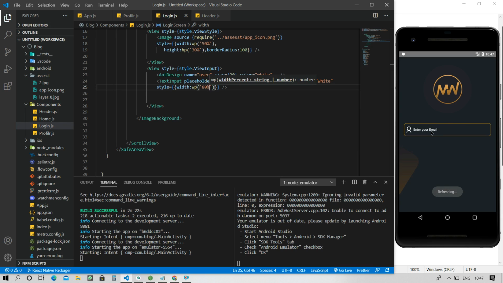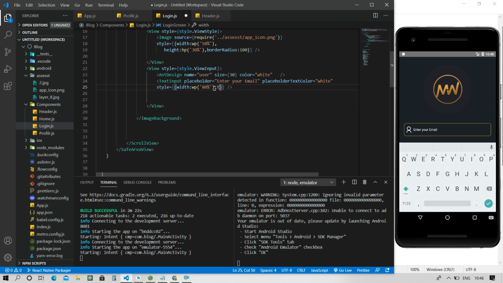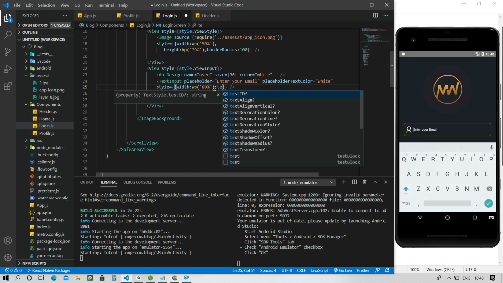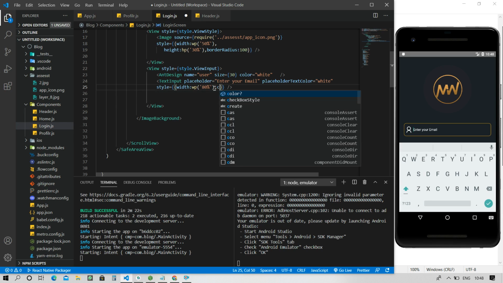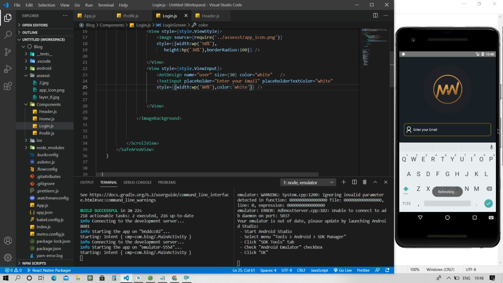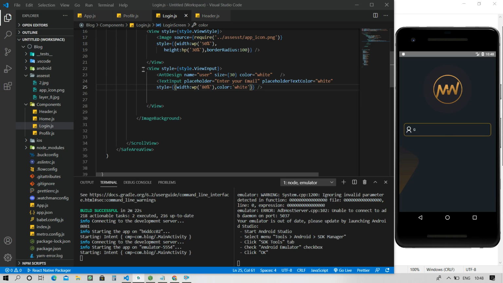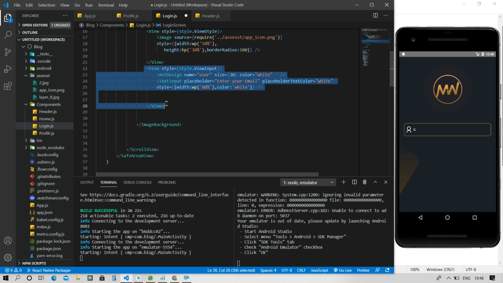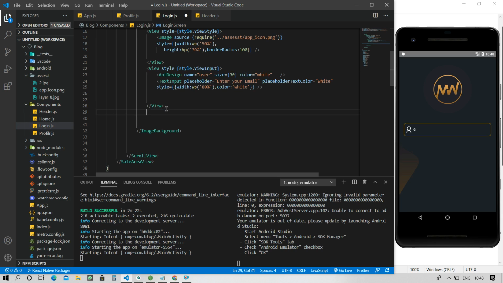So it's looking good now, and you can also give a property like text color, sorry, color property, I am giving white here. Control S. So you can write anything here, like H. Okay, it's working properly. Now you have to copy this code, Control C, and paste here, Control V. Okay, nothing appears, no problem. Control C, and go here, Control V.